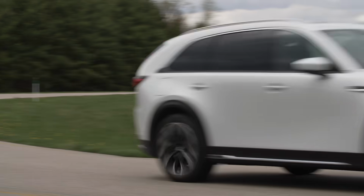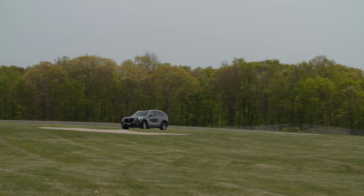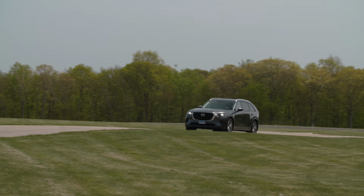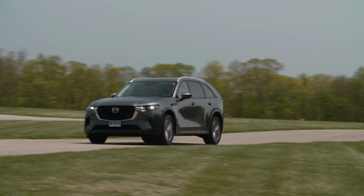In fact, I would say that the one we bought, which is the Preferred Plus, kind of like a mid-trim, with that even smaller, less horsepower, 280 horsepower instead of the 340 of the Turbo S, I barely noticed the power difference. And other than a few low-speed hiccups, there's just...